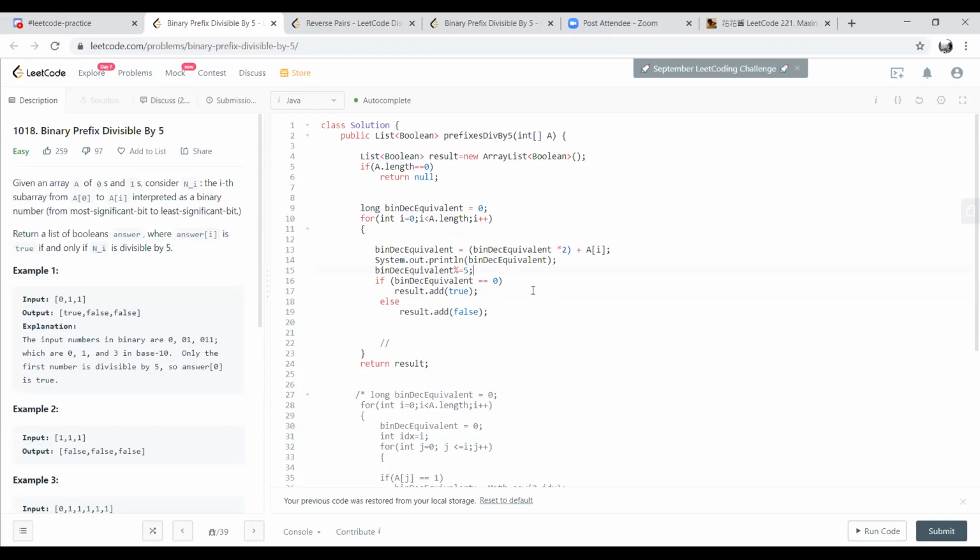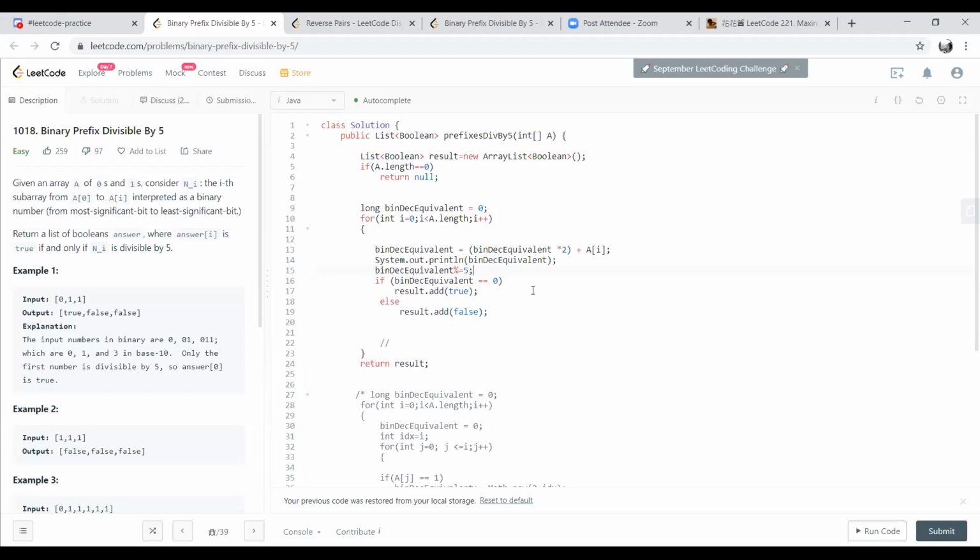Like 5 is a little weird, but think of how you would do it if it's a multiple of 10. 10 is the easy one for us to understand. If the last digit is 0, then it's a multiple of 10. So for any binary decimal equivalent that you think of, say you got 7, and 7 is not a multiple of 10, obviously. So you can just take the 7.